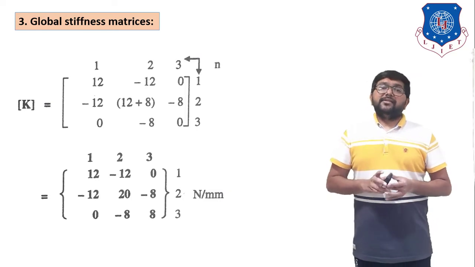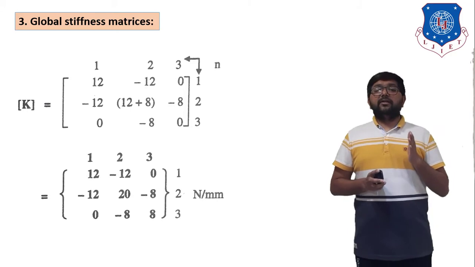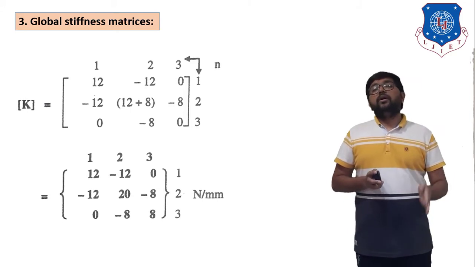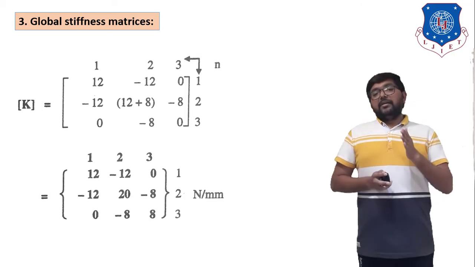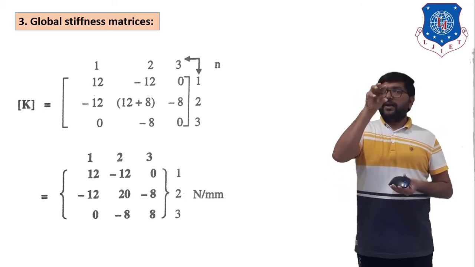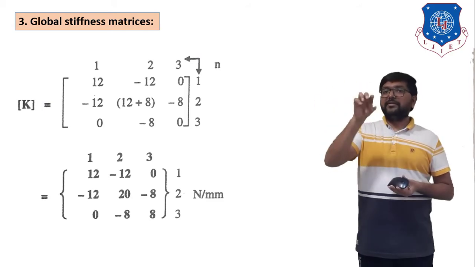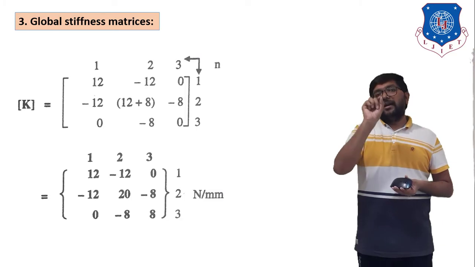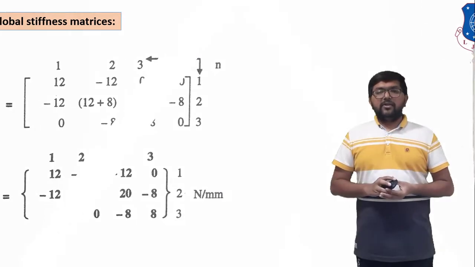So this is step number 3, global stiffness matrix. Now based on this global stiffness matrix, we have to find out the values of displacement of the springs. Once again I will tell how to combine two matrices. First you write down the first matrix. At the corner point of the first matrix you mount the second matrix. Whenever values overlap, at that time we just add them. So this is the global stiffness matrix.